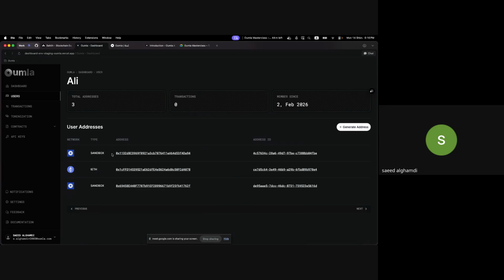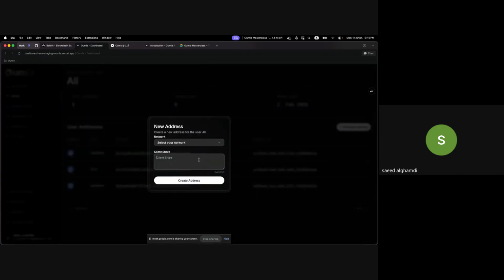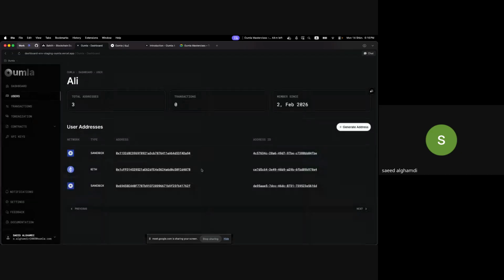This ensures security, traceability, and proper access. As you see here, we need to provide the client share, and this is like an approval from the organization to create the address for them. The operation will not be completed until the organization puts in their client share.